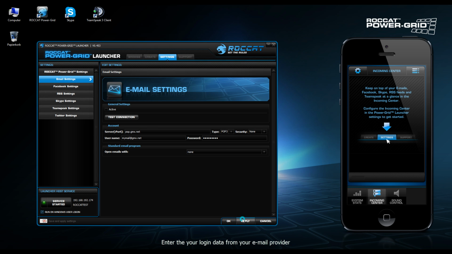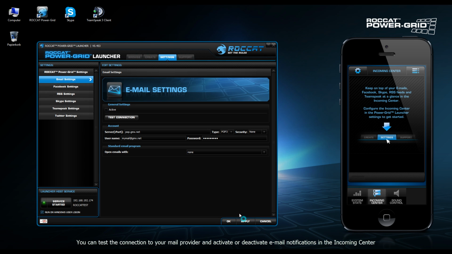It is important that you click on Active to ensure that the emails actually display in the incoming center, because if that's not done then your email address might be linked but you won't actually see the emails display in the incoming center. So moving on from the email settings onto Facebook,